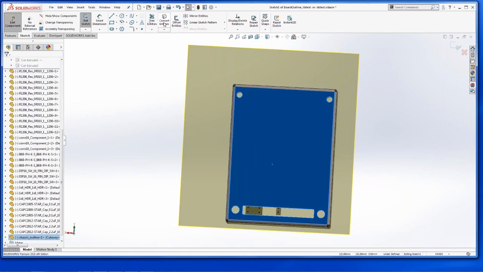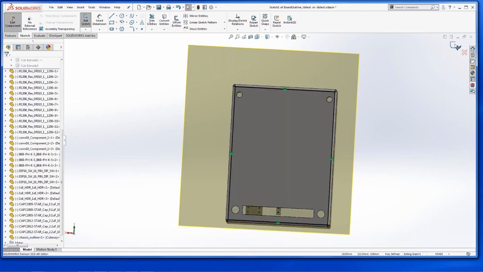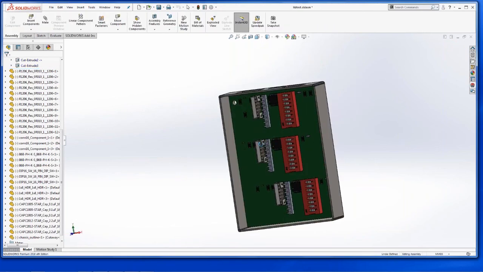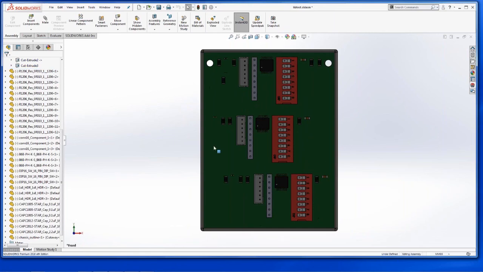Okay, so we take that, and you just convert that to the board part, right? So in 3 clicks, I now have a PCB that's perfectly fit to my chassis. I move the mounting holes. I can move components all day long, right? So again, if I position this over here,